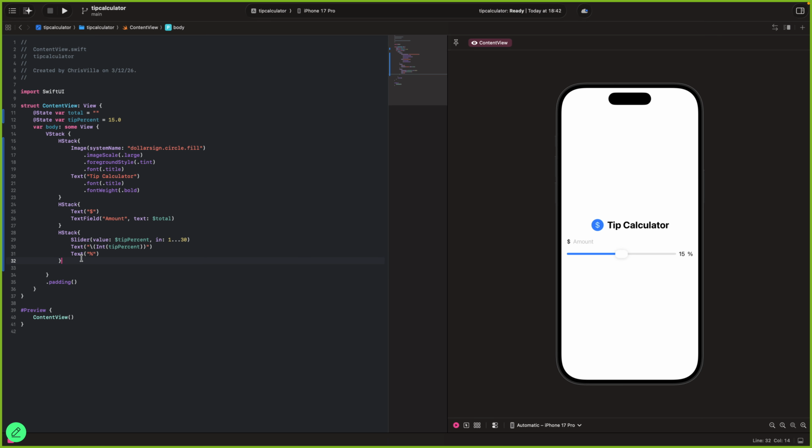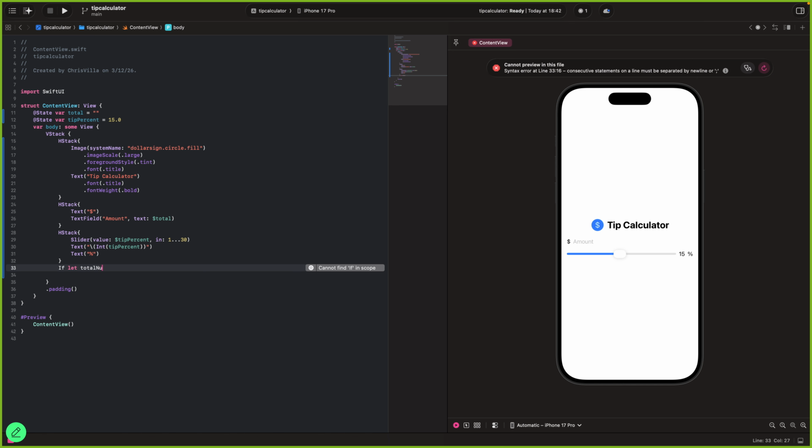Finally, we're going to calculate the total. Calculating the total is pretty easy. We first want to make sure that whatever amount is being typed here by the user is a number, right? So we're gonna do if let totalNum equals globalTotal. It's without a capital, sorry.